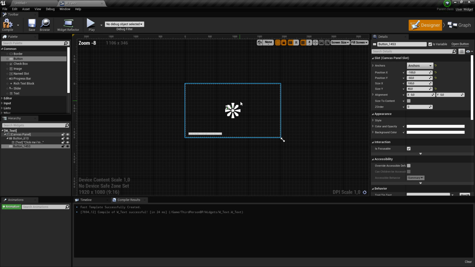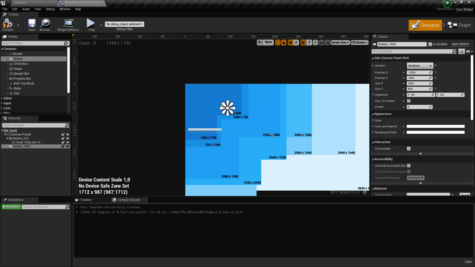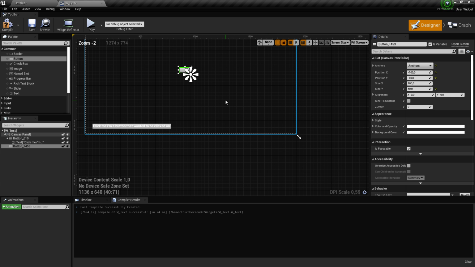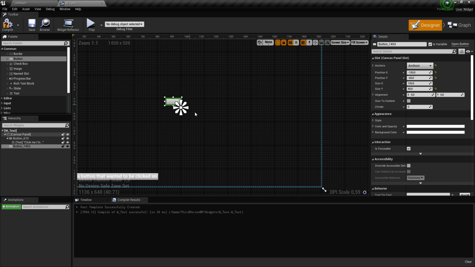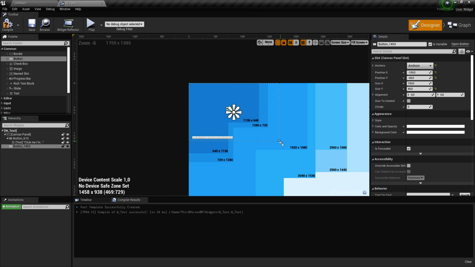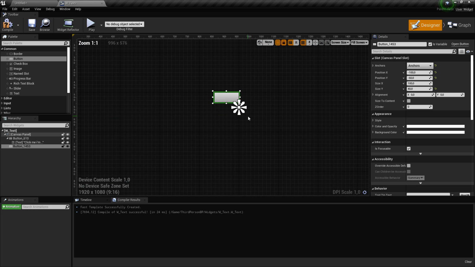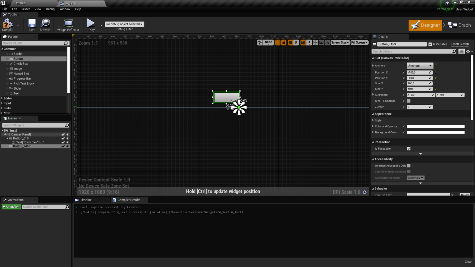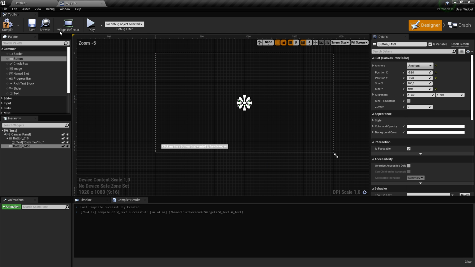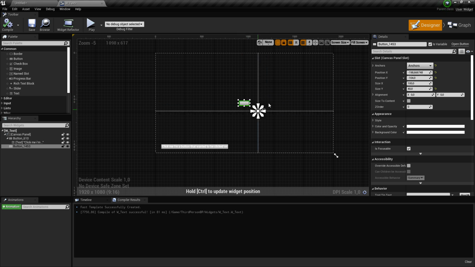Whatever the size of your screen, this anchor is going to automatically display your button at the right spot where you set it. So if the anchor is here, it's going to be displayed every time in the middle, and it's just going to adapt the size of your widgets based on the anchor.